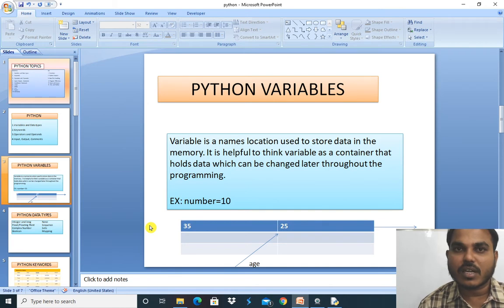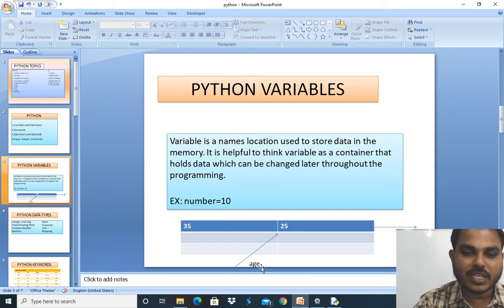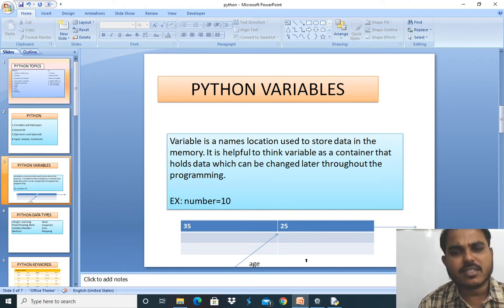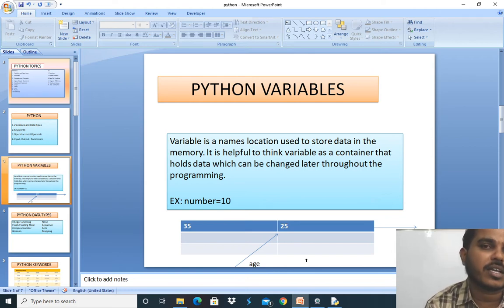So 25 has been assigned to A. Whenever I use A in my code, 25 is going to be accessed. A is nothing but a container, and you can update any value to that variable.